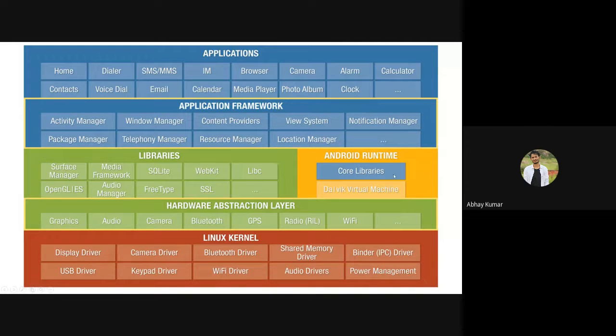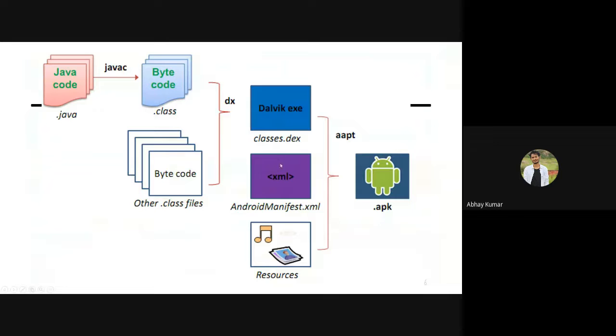Okay, so to run this application on an Android phone or any phone, we need the Android runtime. So how does any Android application look? Any developer writes code. Let's say the Java developer has written Java code, which has the extension .java. Then we compile the Java code, and it is converted into bytecode, that is